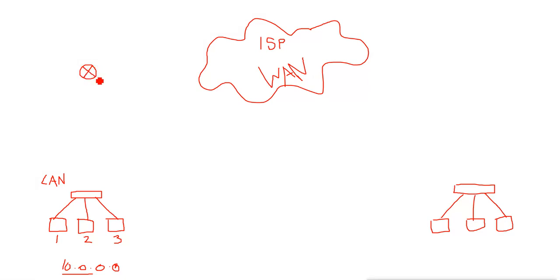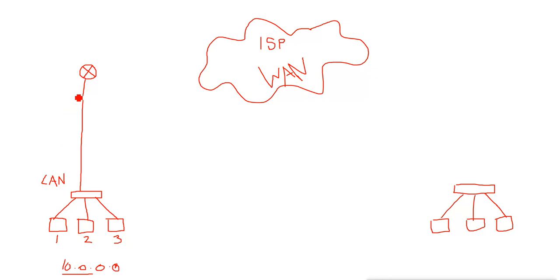Now on the router we have different interfaces: the interface which connects to the LAN network and the other interface which connects to the WAN. So we connect the LAN interface to the switch which is connected to our LAN network. Remember, the interface connected to the LAN is mostly an Ethernet, fast Ethernet, or even a gigabit port.